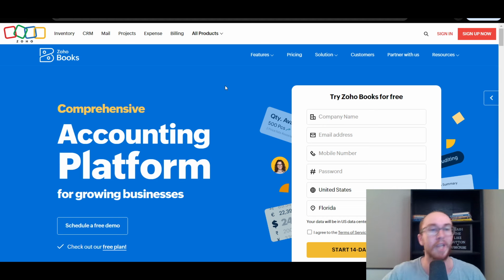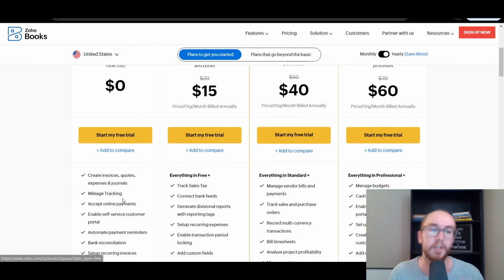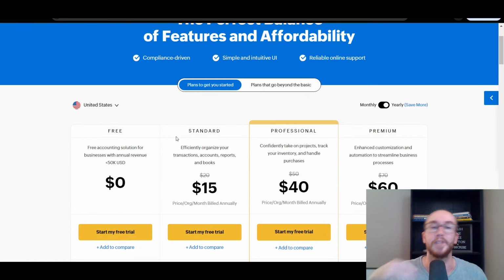And moving in, last but not least, at the number 5 spot, we have Zoho Books. Now, Zoho Books is another option that does actually have a free plan. Their free plan is limited to businesses that have an annual revenue of under $50,000. So that is something worth considering there. If you are above that threshold, then you have your standard, other plans that are fairly comparable to all the